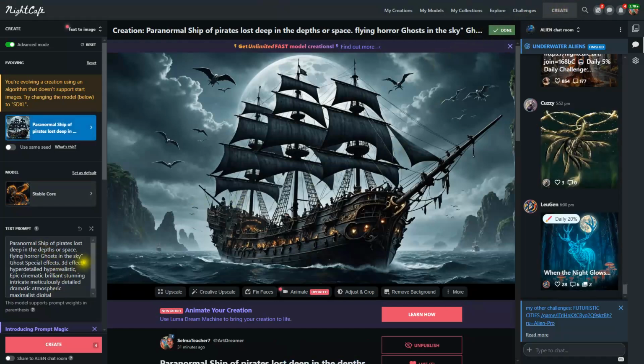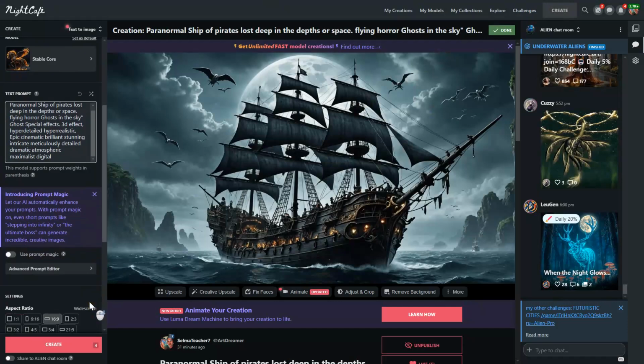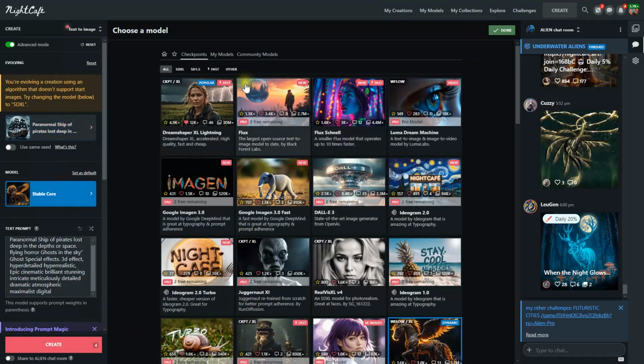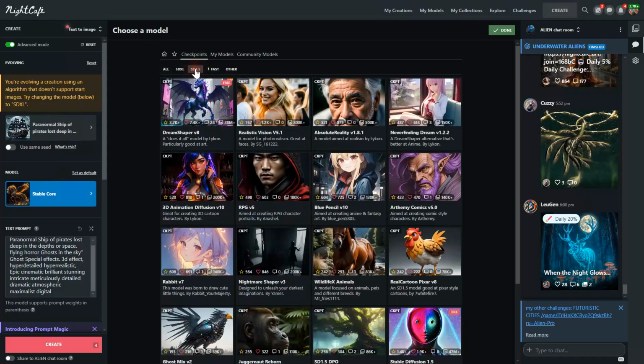Now there's my text prompt already there, and I'm going to create another work of art from this text prompt for absolutely free. So what I'm going to do is go in and click on the model, and we're going to go down to where it says SD 1.5 right here at the very top. I'm going to choose SD 1.5, and here's a free model right here. It's called Dream Shaper, and there's another free one called Stable Diffusion 1.5. There are a few others too, but we'll just focus on these right now.